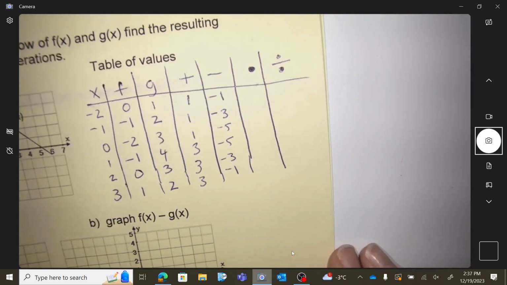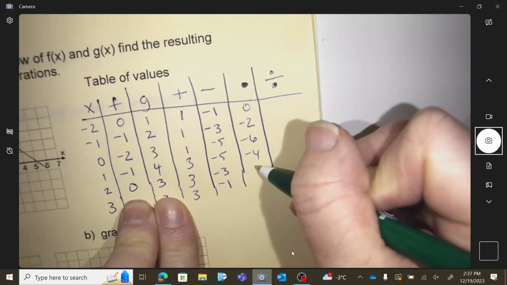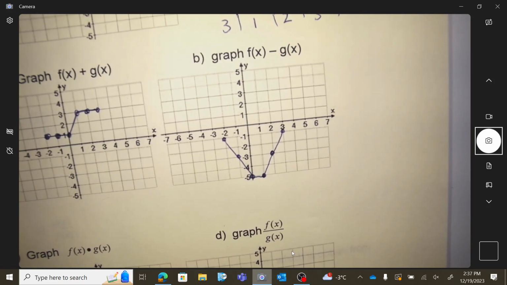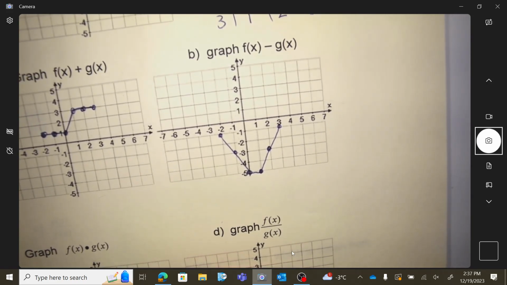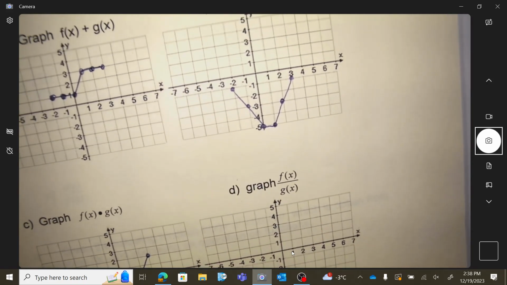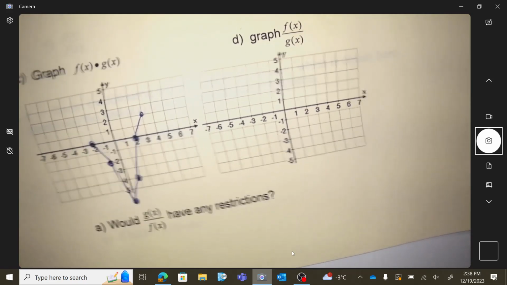Your order will not matter, so just make sure you're timesing the two of them together. Sorry, you're a little bit off the map here. At the very bottom, I was a little bit off that grid, but